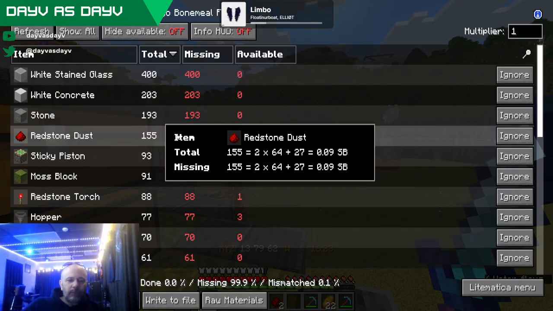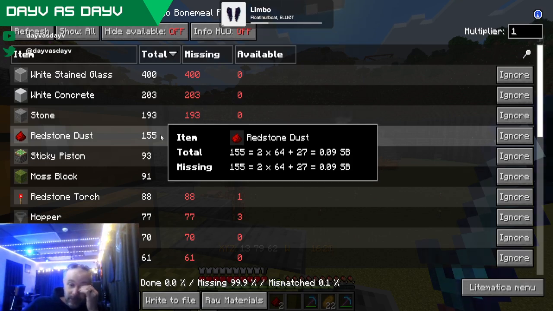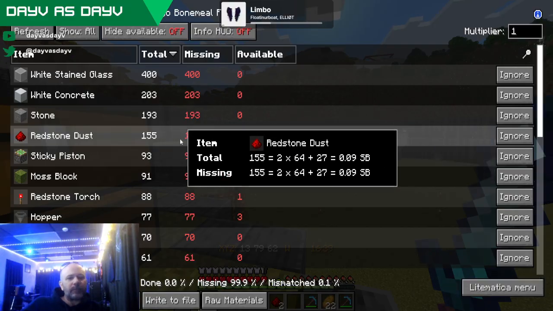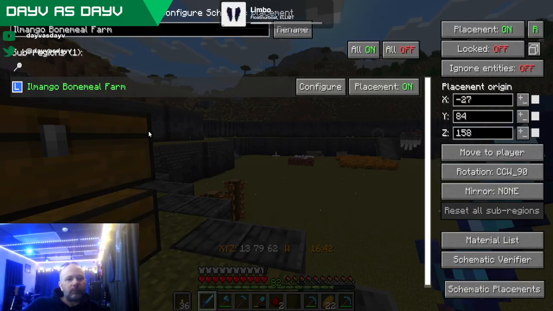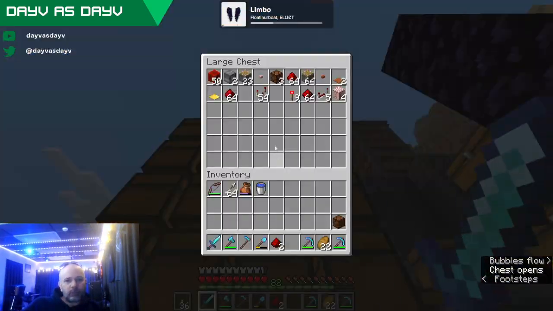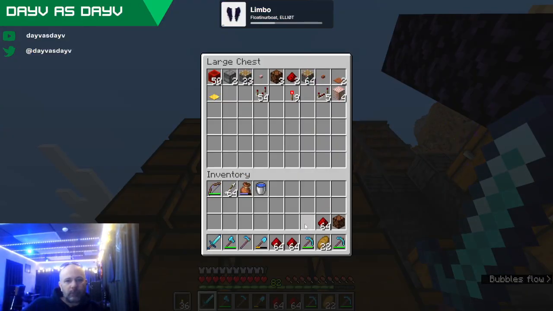Okay, 155 redstone. That is 64 plus 64 is 128, plus 27. So 2 stacks plus 37 of redstone. 3 stacks will be fine.